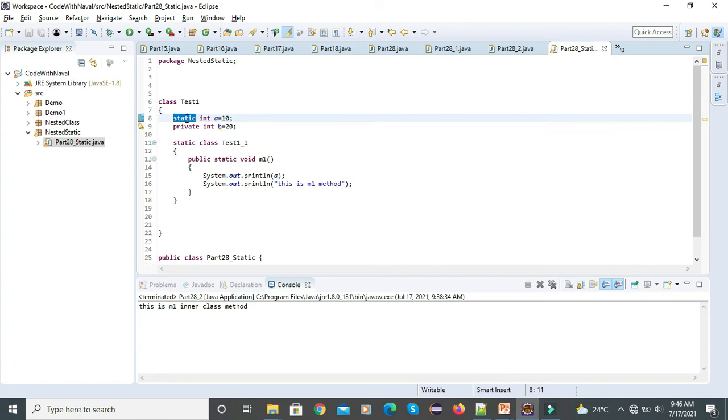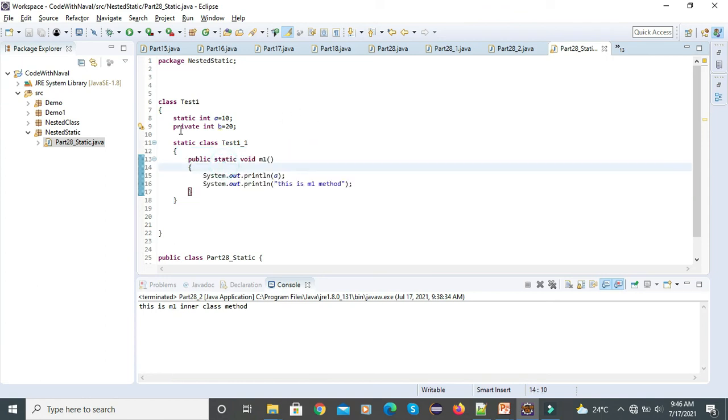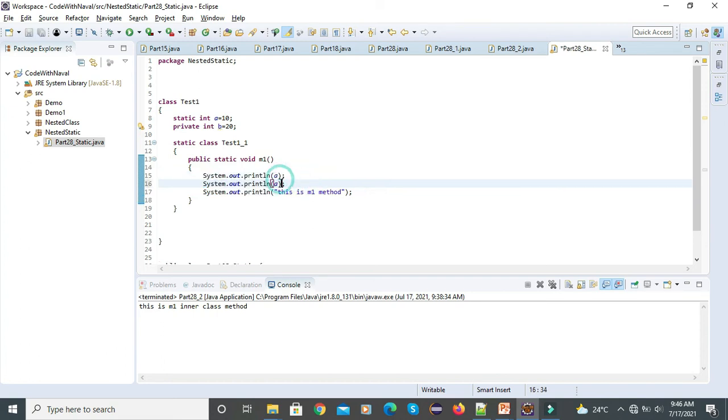Here this variable type is static, and here also we define a, this is our static class. We can access a static member inside a static class. Now let's try to access b. Instead of a, let's add b. Now it's throwing an error. Change b to static. Now you can see the error is gone.